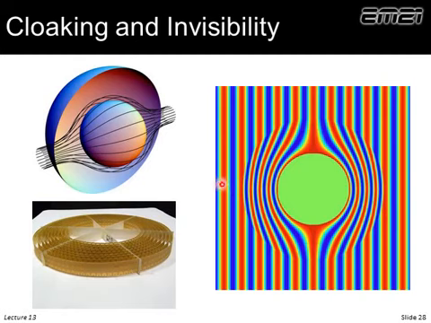Well, think about what happens to the power at this part of the wavefront. It enters here and actually has to traverse around the object and back out again. So in fact, this little piece of the wavefront, if you will, travels a longer distance than this part of the wavefront, yet it has to come out at the same time. So in fact, it has to exceed the speed of light. We have to have refractive index less than 1 in order to achieve invisibility. And there's been a really rich exchange of papers online about how it's impossible. No, it is possible. And the folks at Duke actually demonstrated this.